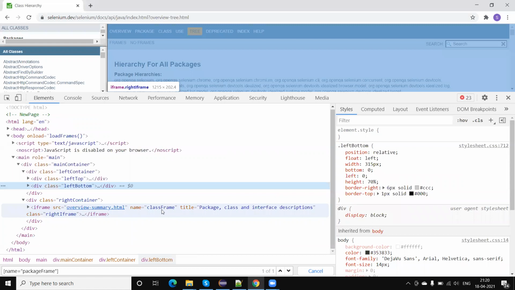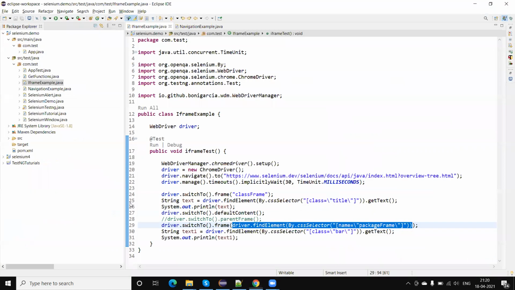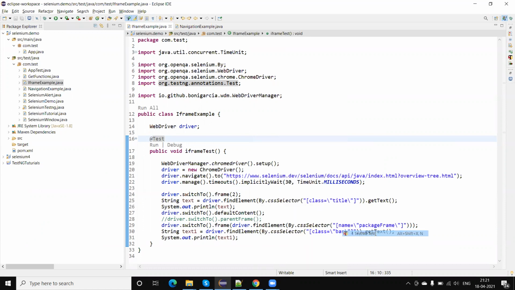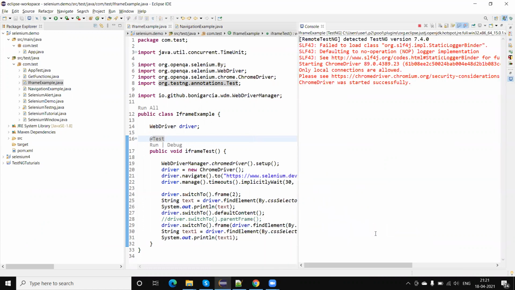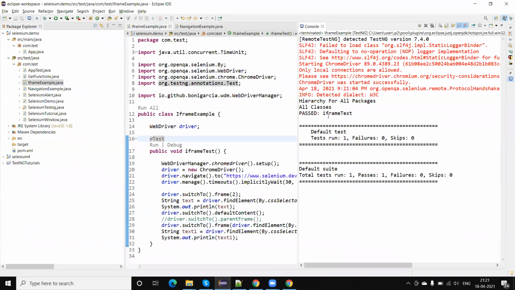If you want to switch to this last frame, then this is the third, and the index will start from 0 to n minus 1. So what is the index of this frame? This is the third frame, and since the index starts from 0, the third is 2. So we can also switch the frame by using the index. Let me run and you will get the result. Yeah, you can see it ran successfully.